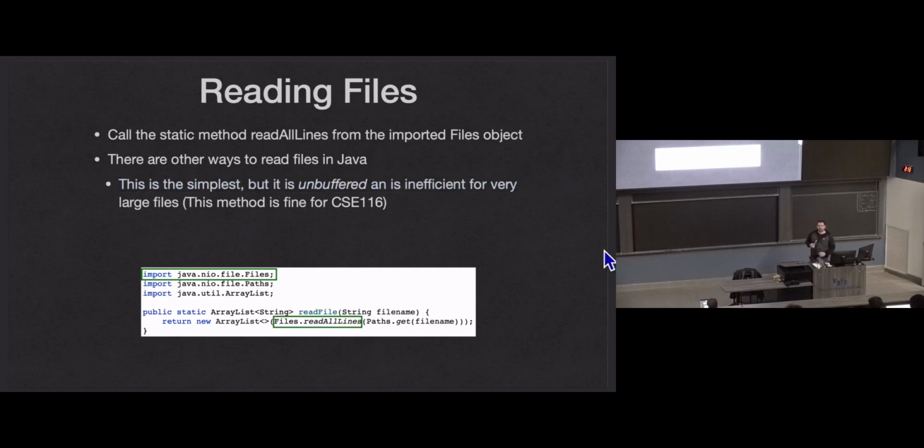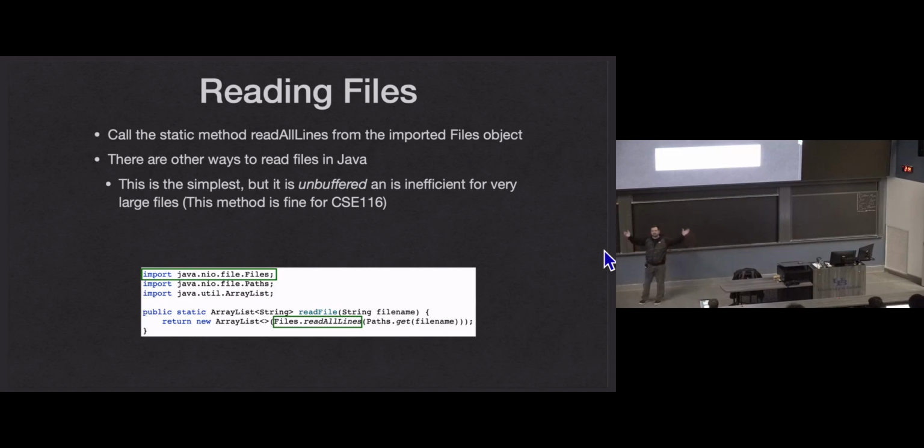A better way, especially when you're handling large files, to read files in Java is to buffer the input. And if you just go to Google and say, how do I open a file in Java? It's going to show you 100 links to the buffered way. This one is going to be pretty hidden among all those results. Most of the results are going to have you create a FileReader and then put that in the constructor of a BufferedReader, and then you're going to use an iterator to check if there's another line to read in the file, and then read the file one line at a time. This is called a buffered input.